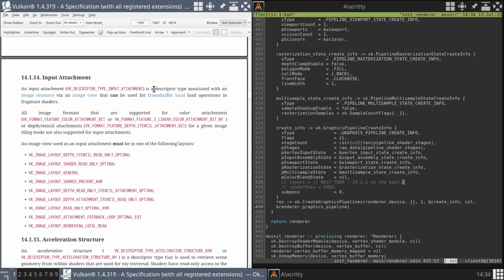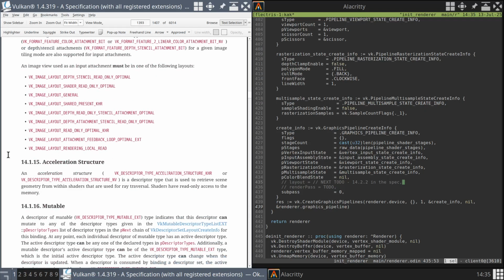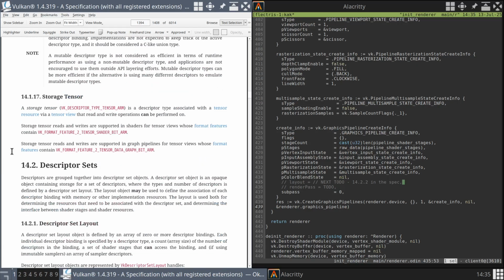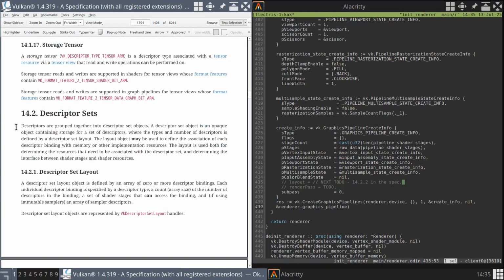An input attachment is a descriptor type associated with an image resource via an image view that can be used for frame buffer local load operations in fragment shaders. Which I think means it's for reading from them. Which again, I don't think we need, so I think we might be able to just skim past that. Using input attachment must be on one of these layouts. So, storage tensor resource which we're not using,